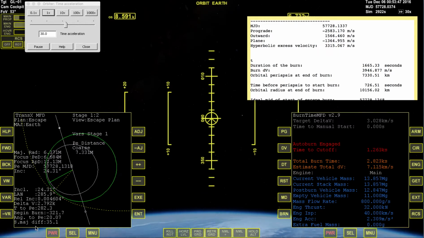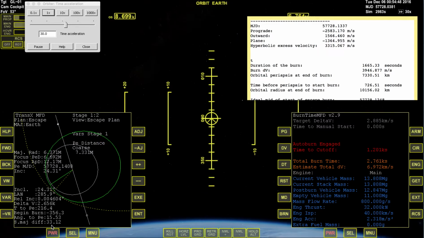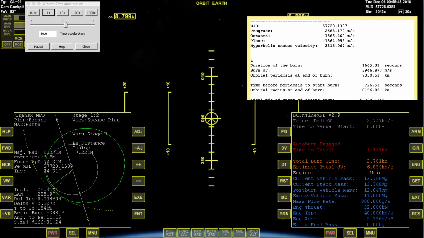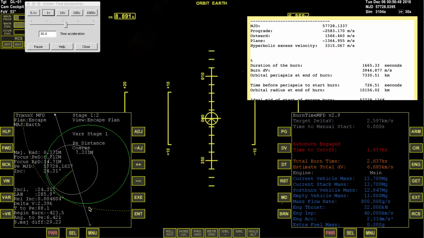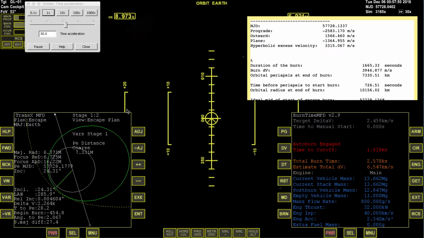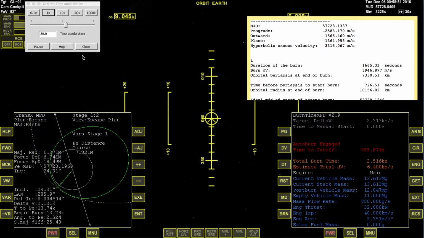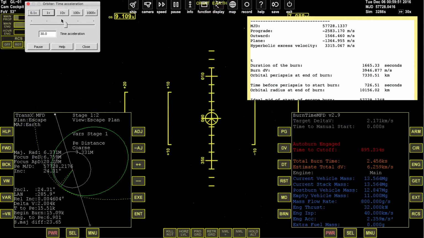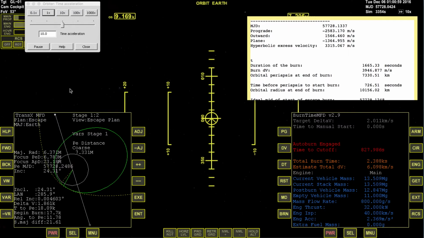And we'll see the semi-major difference slowly count down to 0 as we go through this, and it all looks very odd and very awkward to begin with. And you wonder what the hell is going on with this thing. So we're down now to 800, about a minute away from the end of the burn at this time warp. And you can see that the semi-major difference is steadily counting down